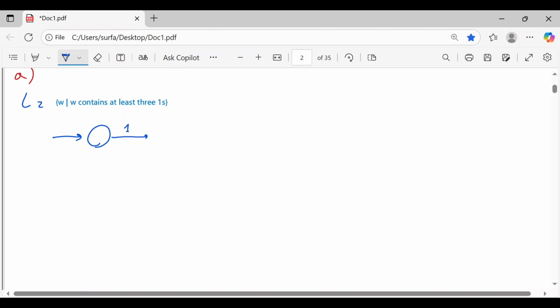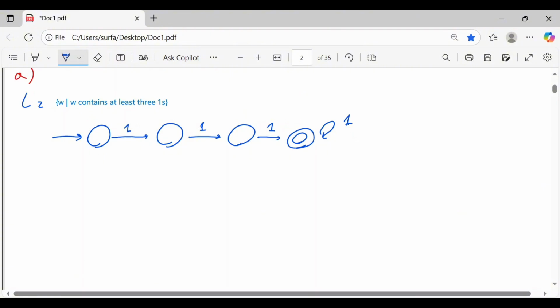After that here is 1, and then here is 2. In this state here we have 2 ones, and after that here we have 3 ones, and based on our condition, this is our acceptable state. After that, the number of ones doesn't matter for us, so it will be like this for ones. But for zeros,